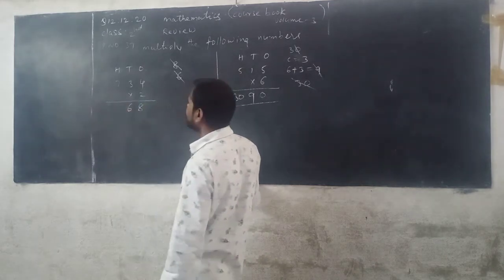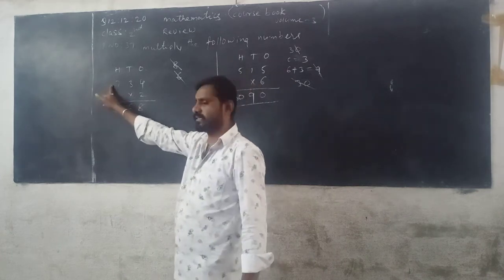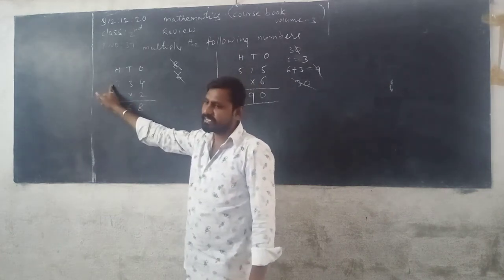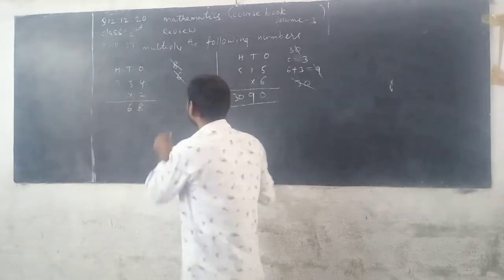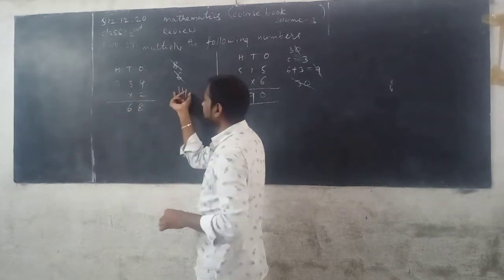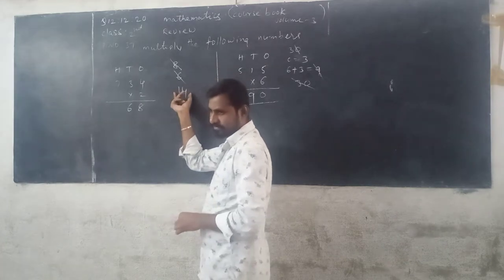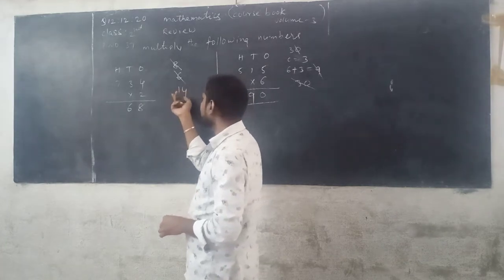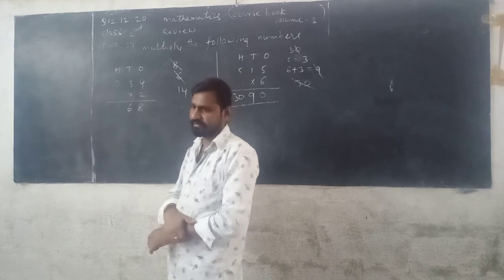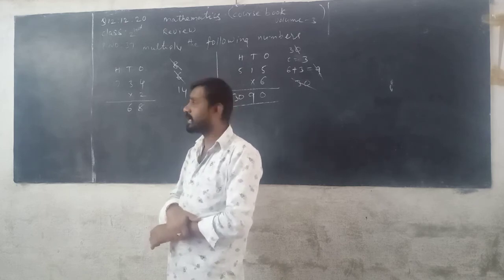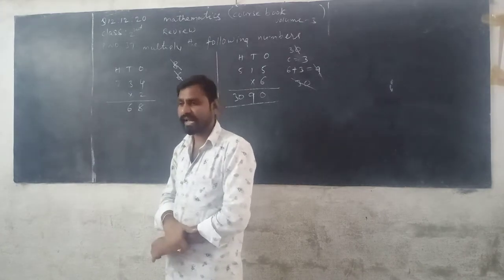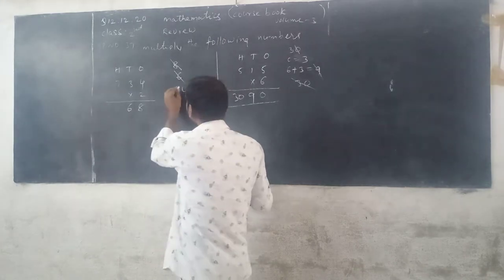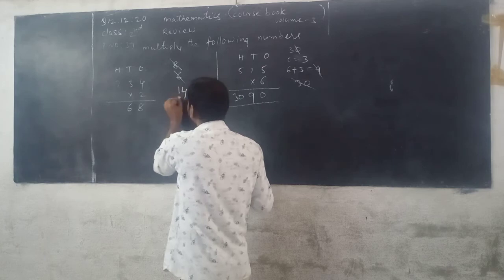Then next we multiply the digits in hundreds place. The hundreds place digit is 7. 7 is multiplied by 2. Then you can read 2 table. 2 7s are 14. 14 is a 2-digit number. See here, but don't take carrying, because this is the last place. The hundreds place is the last place. So we got 14. Then you can write it directly.